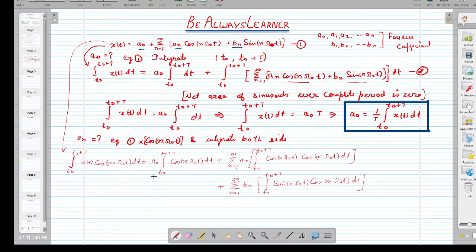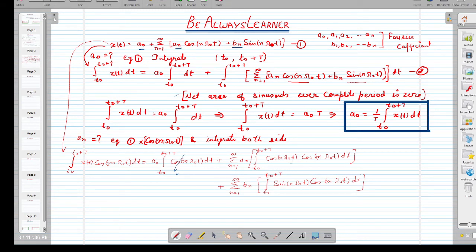The first term, this one, the first term is 0. Why is it 0? Because we are integrating over the entire period, and over the entire period this is going to be 0, as we gave the comment also. Now for the rest of the terms,